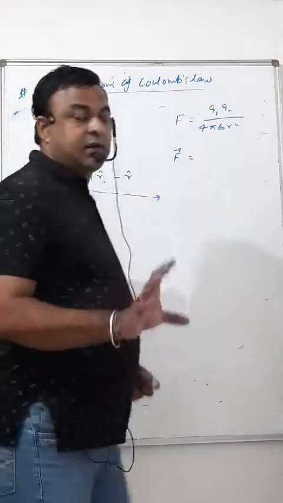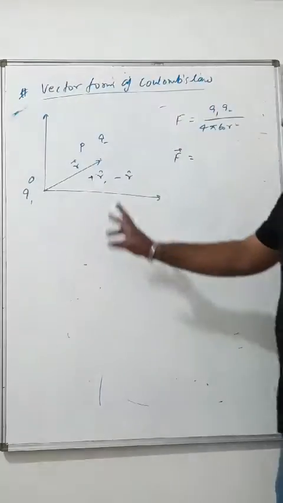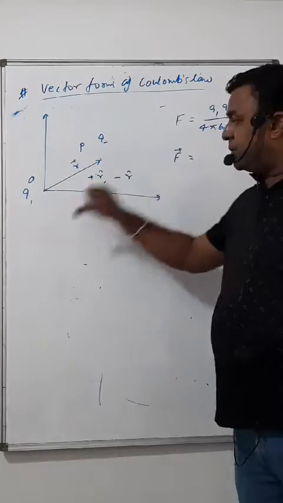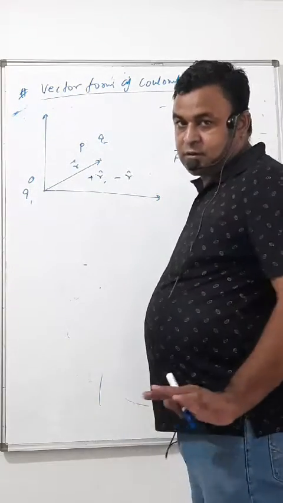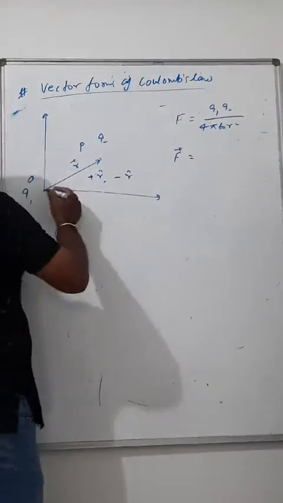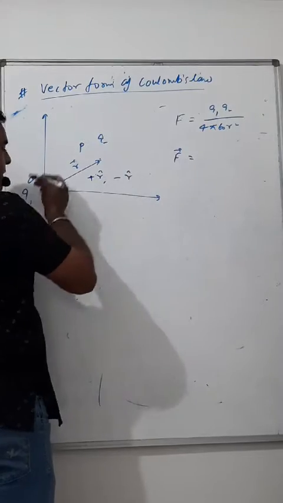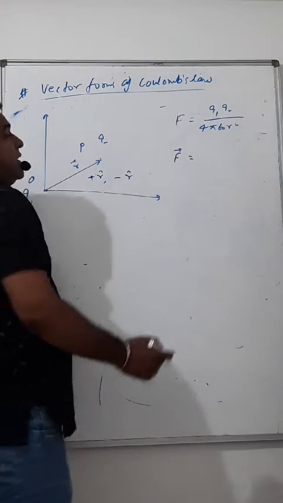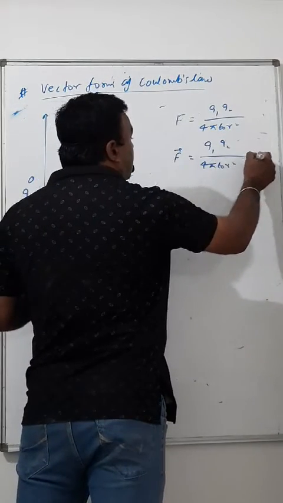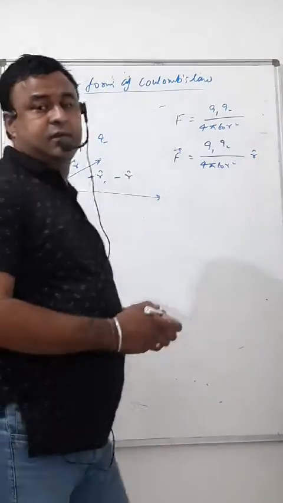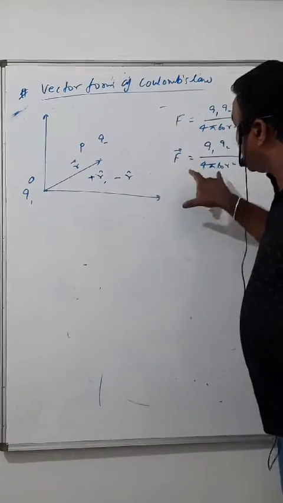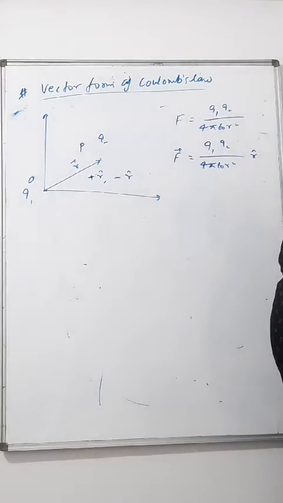I hope you know unit vector indicates only direction. So plus r cap is direction from O to P and minus r cap from P to O. Got it? The direction of r cap is O to P, minus r cap in this way. If I simply put r cap here, r cap is a unit vector, has no unit, no dimension, it indicates only direction. Then in itself it completes our purpose.